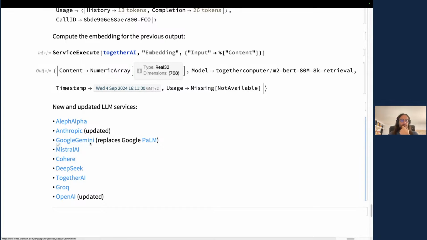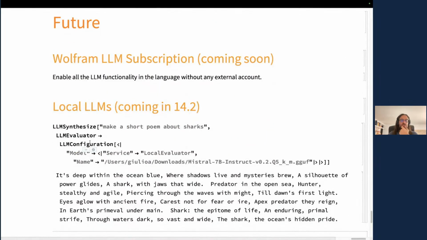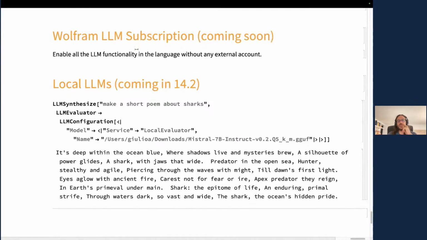And there's a few things coming up. I'm just going to mention them. We are going to launch soon a subscription service, so you can enable every LLM-based functionality without having an account with any external entity. And something which is coming in